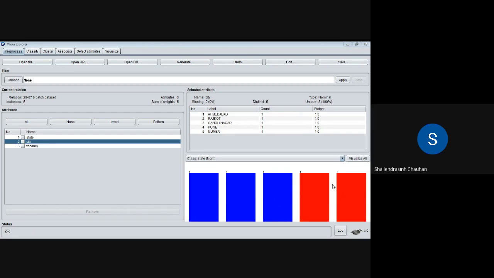That is the meaning of these colors. And in this city attribute, Ahmedabad is appearing once, Rajkot is appearing once, Gandhinagar appearing once, Pune is in Maharashtra because it is having red color, it is appearing once. Mumbai is appearing once. That is the meaning of this data.